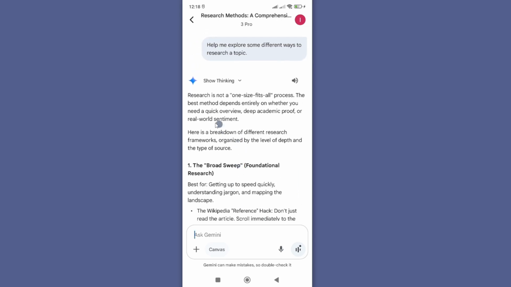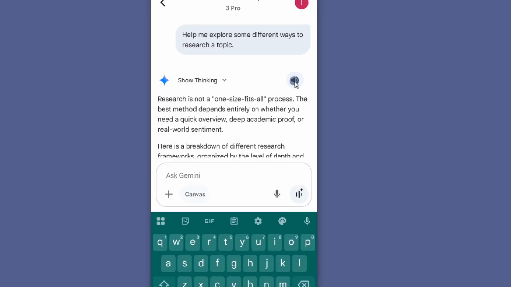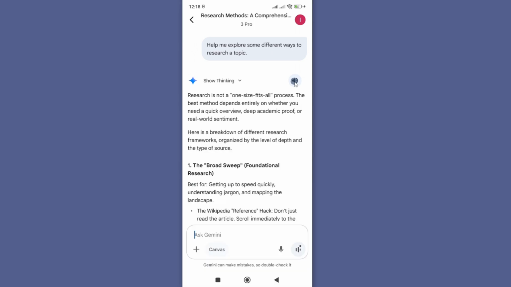Just head over to the beginning of the response in your chat, and you can see here we have a speaker option. So if you tap on this loudspeaker here, it will go ahead and start reading. Research is not a one-size-fits-all process. The best method depends entirely on whether you need a quick overview, deep academic proof, or real-world